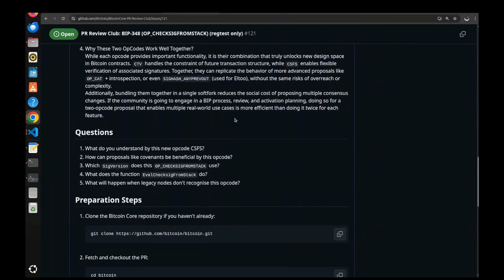So let's start with question one. What do you understand by this new opcode CSFS? Anybody want to answer? Am I audible? Yeah, you are audible. Okay. So basically, OP_CHECKSIGFROMSTACK